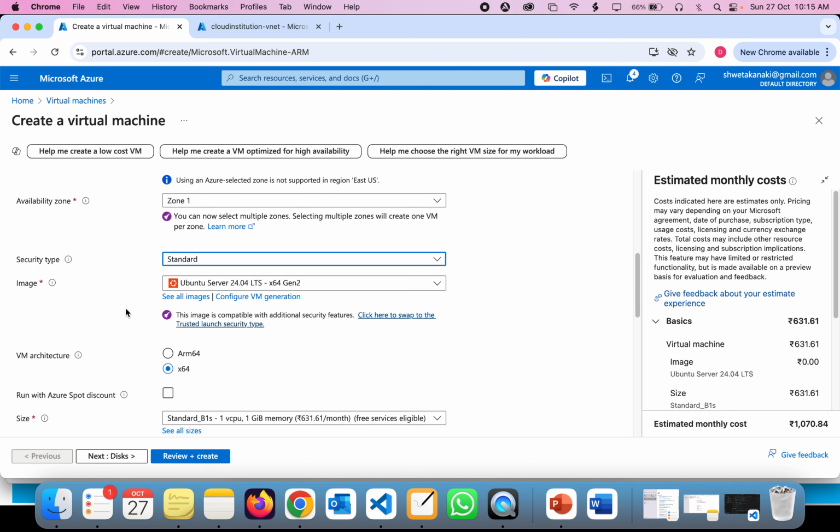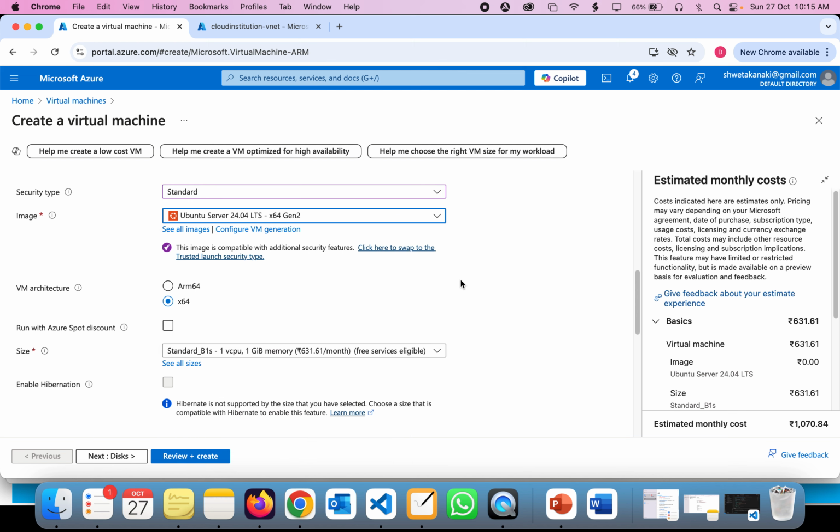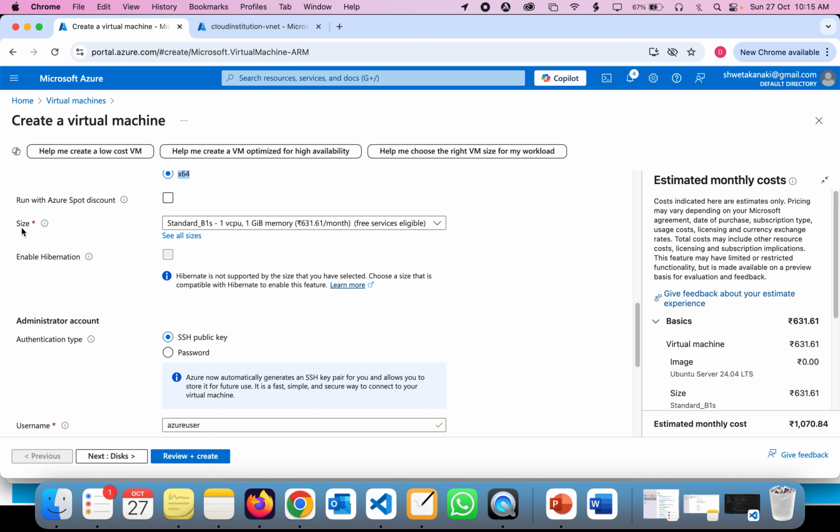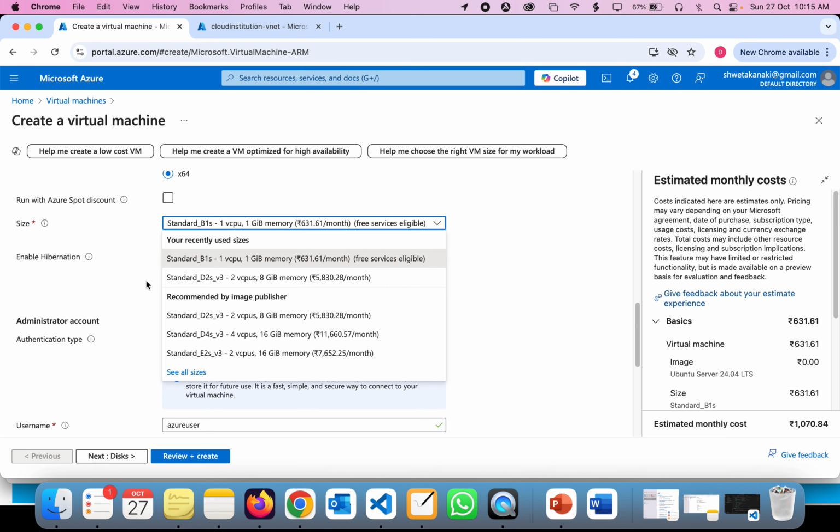The image is going to be an Ubuntu server. I'm going to create an Ubuntu image, that is the image which I'm going to choose. The VM architecture is going to be ARM64 or x64, that is the VM architecture that we are going to use. The size is going to be the BS1, because